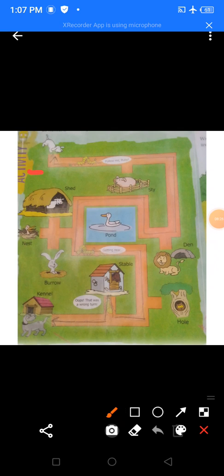Her name is Ruby. Yes, so she has lost her home. Actually, she has lost her way to home. She has not lost her home, but she has lost her way to home. She wants to reach her mummy. And she is an animal, a dog. Now, where does a dog live? A dog lives in the kennel. So, she wants to reach there and meet her mom. But she doesn't know how to go. So, what will she do?